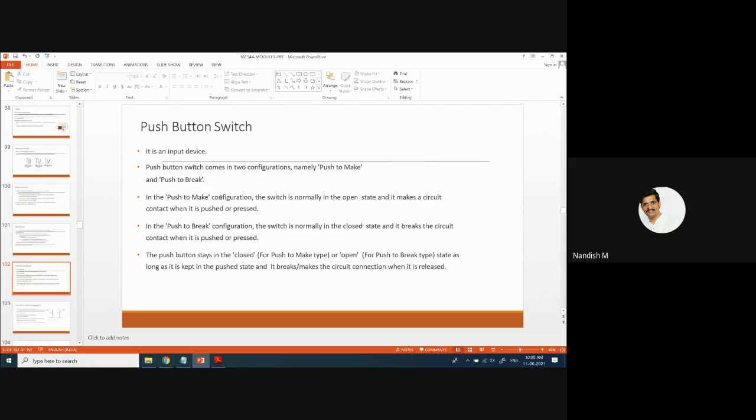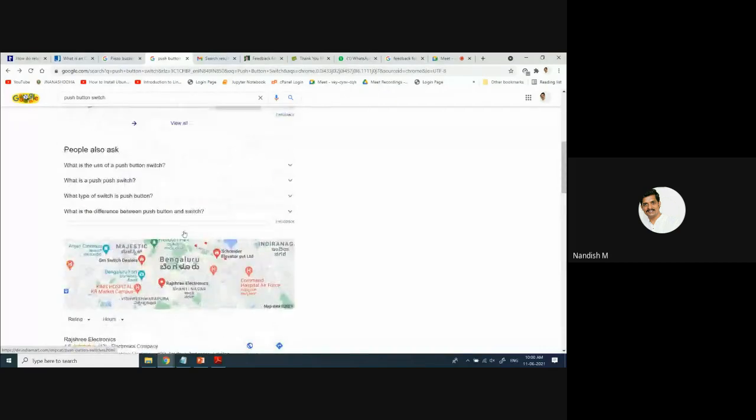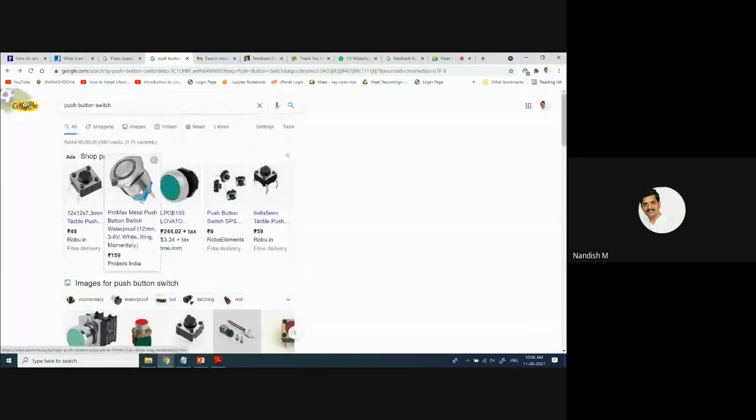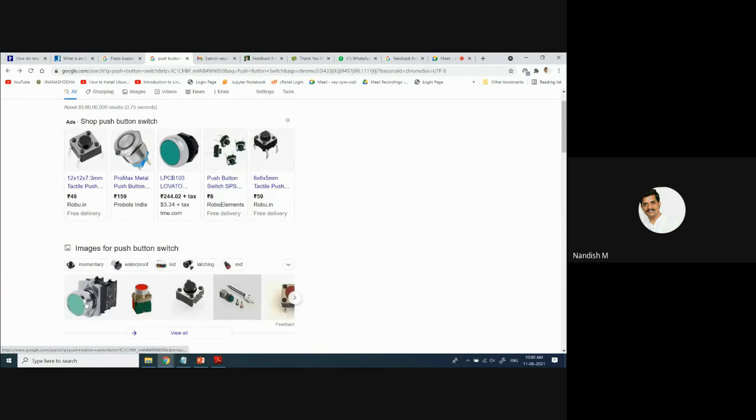One more is there, the push button switch. Have you seen these types of switches? I'll show one diagram on push switches. This is the one. These are called push button switches. What is it going to do if you press, and what if you press once more?